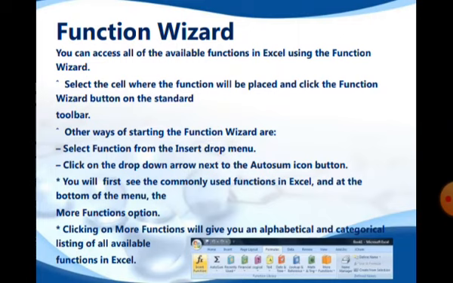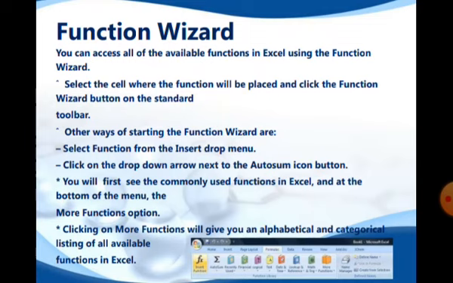This is the function wizard you see in the figure. This function wizard accesses all the available functions in Excel. Select the cell where the function will be placed and click the function wizard button on the standard toolbar. Other ways of starting the function wizard are to select function from the Insert drop menu, or click on the drop arrow next to the AutoSum icon button.